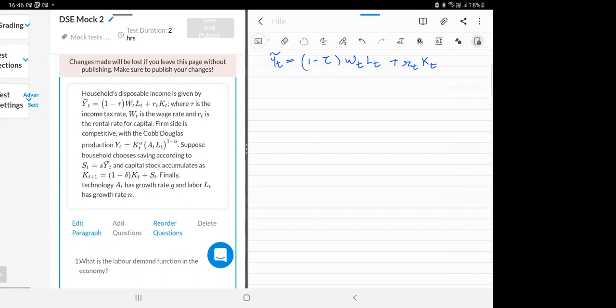The firm side is competitive with a Cobb-Douglas production function. Suppose the household chooses saving according to S_t equals s times Y tilde T, and capital stock accumulates as